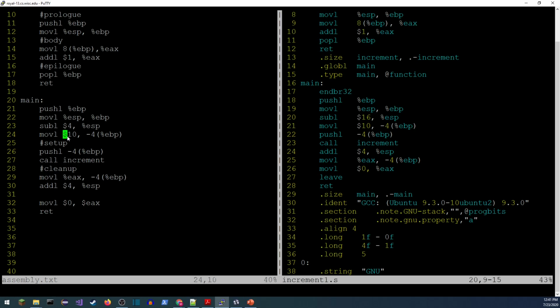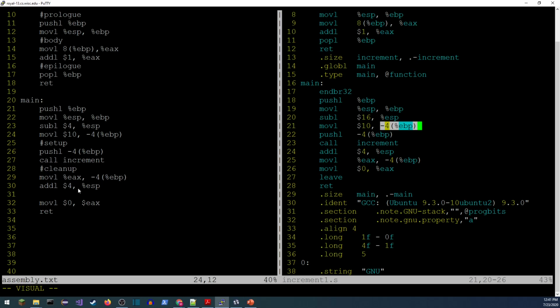When we go ahead and do it, we move 10, the immediate value, into the same location. So I just put it right there on the stack in the reserved location for f. Then we pushed the parameter. We called the function. When we were all done with that, we removed the, let's see, is that how I did it?